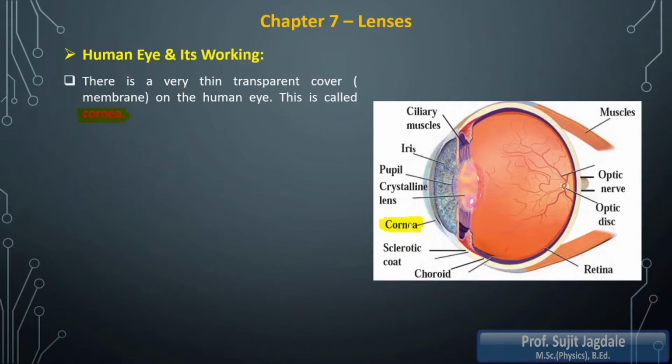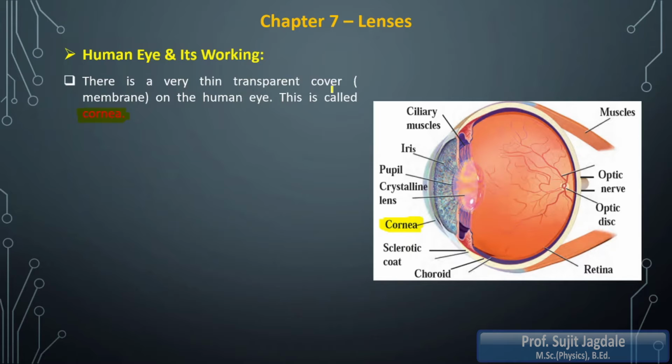Now the cornea is the outermost layer. We can say the cornea is a very thin transparent membrane, a thin transparent cover, which is present on the human eye, and the light first falls on the cornea.